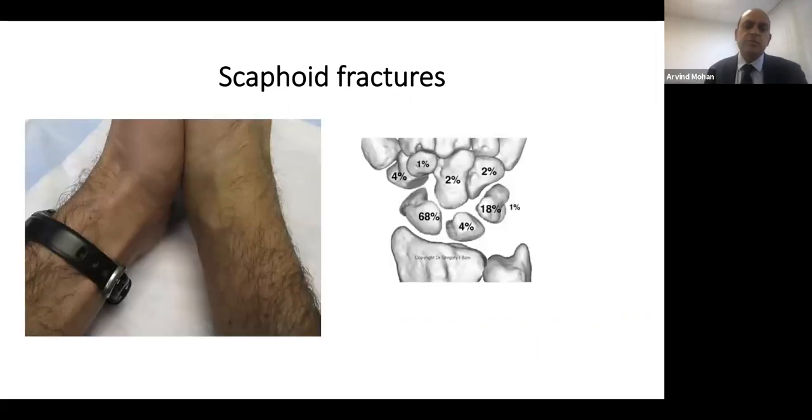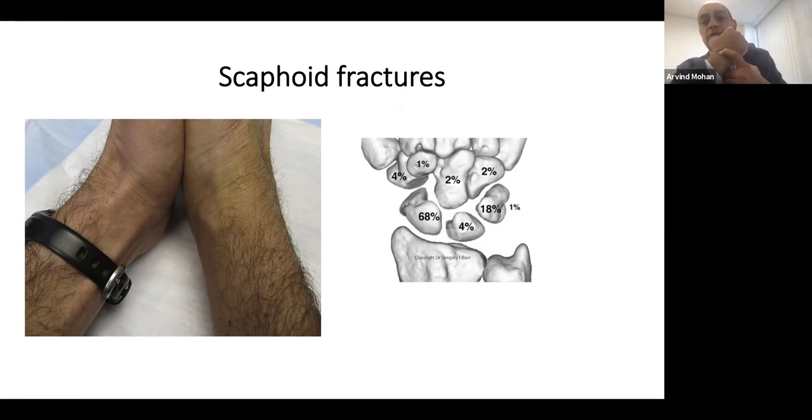This is just a simple test which can be done by just comparing the two wrists. You can see here on the right side there's a bit of bruising, but also there is fullness of the anatomical snuffbox as compared to the opposite side, and that has again shown as a good marker in picking up a scaphoid fracture. The other thing is to feel for tenderness right in where I mentioned the crucifixion fossa is, where